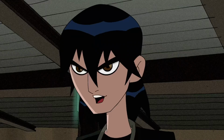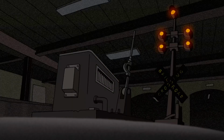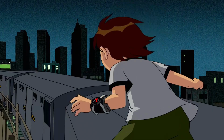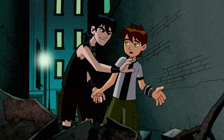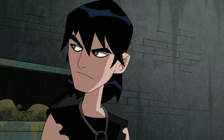Sure, he's far off from Ben, but this forces Ben to reassess his opinion of Kevin, to become more heroic and responsible, and to recognize that he was being selfish and foolish, and that his family isn't there to stifle him. They're there to love him and keep him on a proper path. Then there's the simple fact that Kevin's powers are more interesting than any of the prior villains,